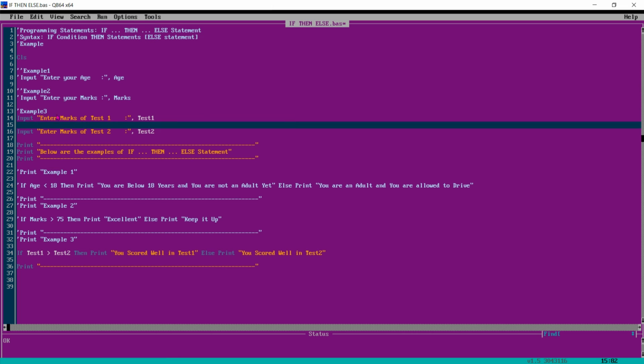This time example 3 takes input and prints this. We will enter marks of test 1 and test 2. Then there will be a comparison of test 1 and test 2. If the score of test 1 is greater than test 2, then you scored well in test 1, else you scored well in test 2. Let's see.